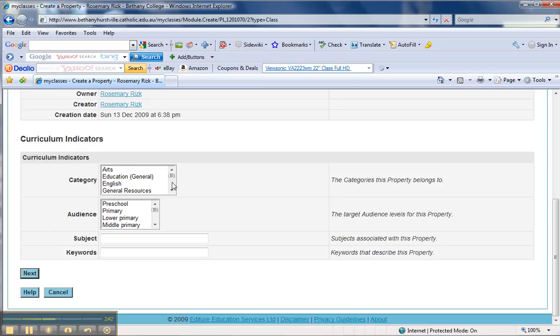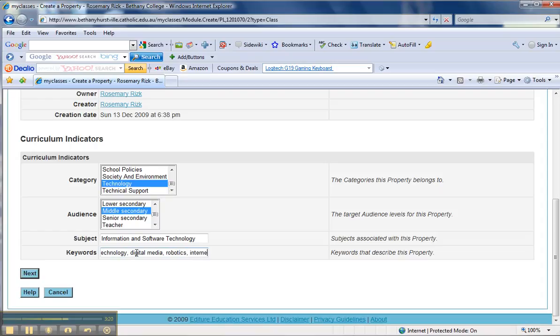So right now I'm going to give it a technology category. So I'll scroll down to T, and there it is, and then I'm going to call it middle secondary. So I'm going to scroll down to middle secondary, and the subject will be information and software technology, and the keywords will be technology, digital media. I'll separate those by commas, robotics, and internet. Following that, I'll click next,